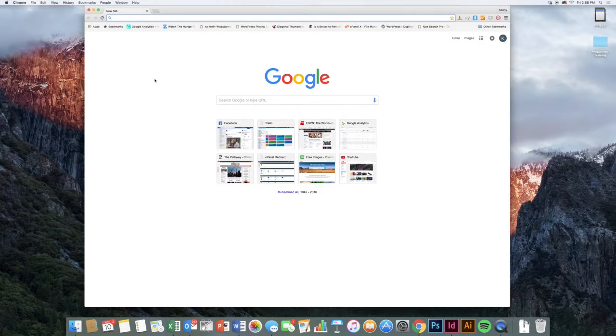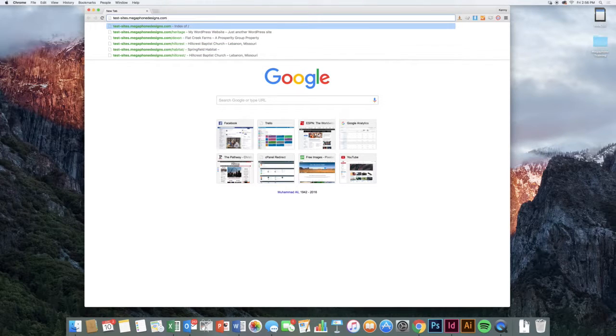Going to be taking a look at the new Habitat for Humanity website, and we're going to be going through the test version of this site, but everything will function exactly the same once the website is launched. And so we go to